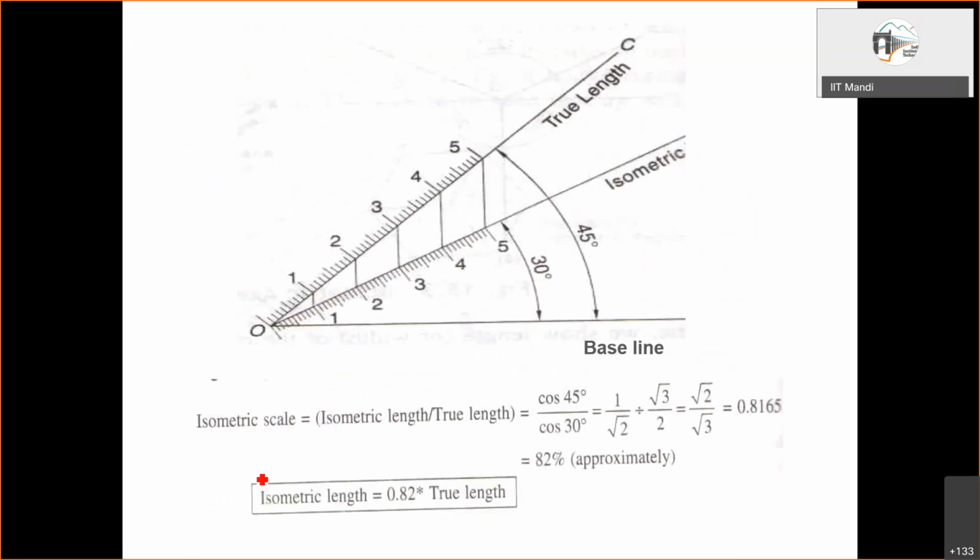Here that is what is done. Whatever cos 35.26 I mentioned comes out to be equal to this much quantity, and that is alternately obtained by drawing a scale here. When we have to draw the isometric projection, we'll need all these reduced lengths again and again. For that, you can see what has been done here.